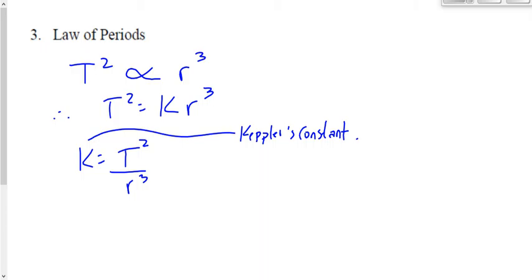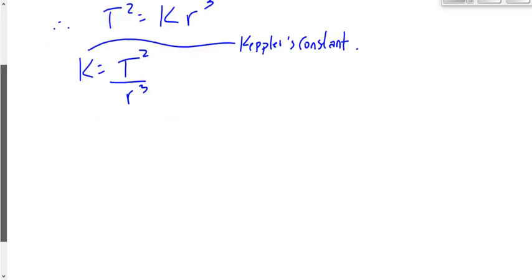And what's neat about this is that everything that is revolved around, we'll call it a central body. Every central body has a unique Kepler's constant. But it's the same no matter what's revolving around it. So for instance, if we look at the sun, there's a certain Kepler's constant. I don't know what the value is off the top of my head. It doesn't matter. Okay? Kepler's constant for the sun will be the same